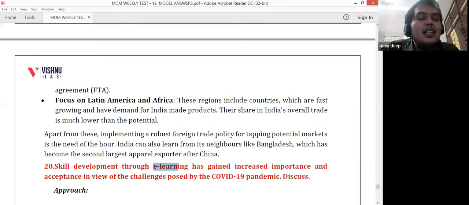Then we are providing virtual skill training programs and providing certification to them. And we are also providing the platform for different industries to interact with these skill training institutions. And we are also focusing on new age skills using virtual means, for example, cyber security, or you can write regarding artificial intelligence. These are all based on the internet only.